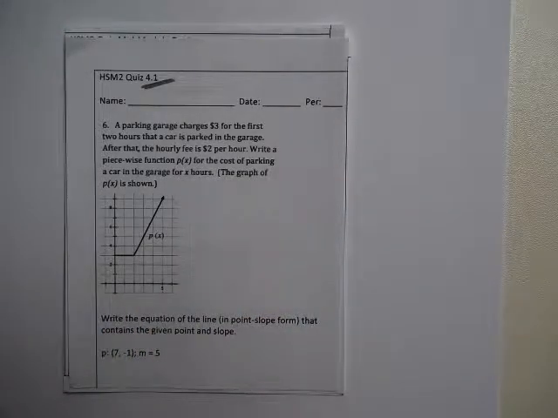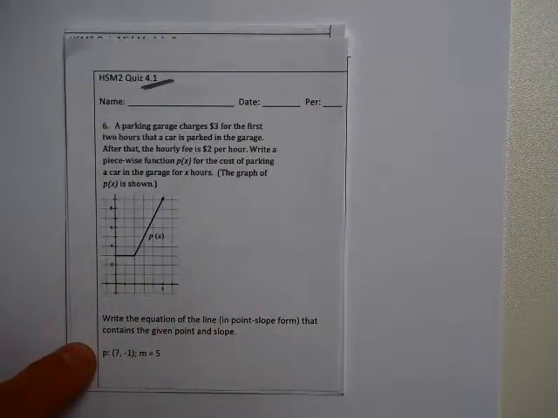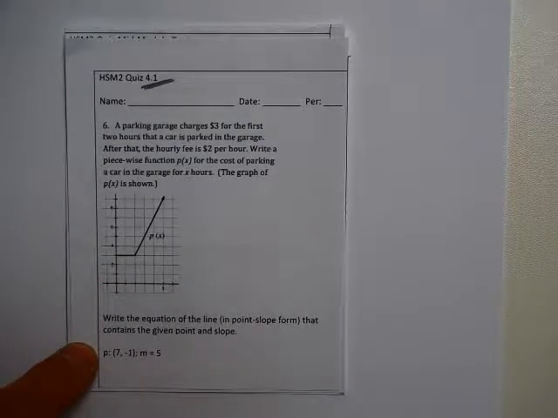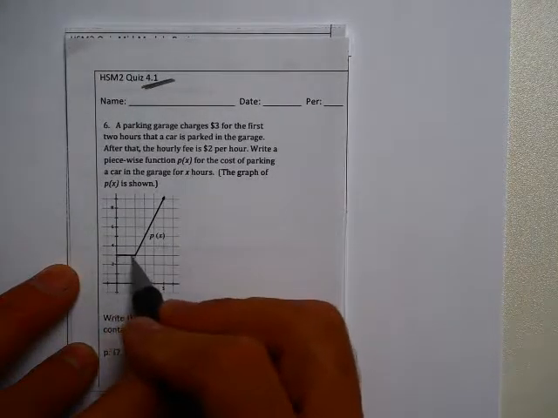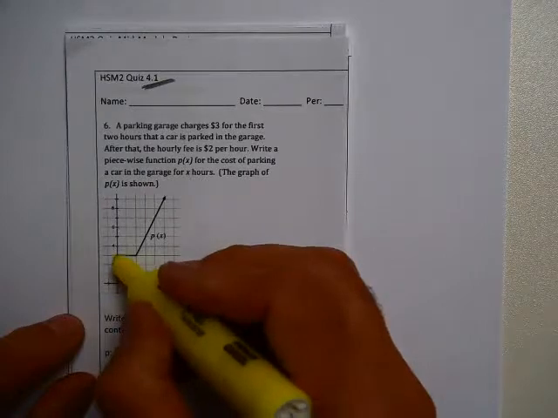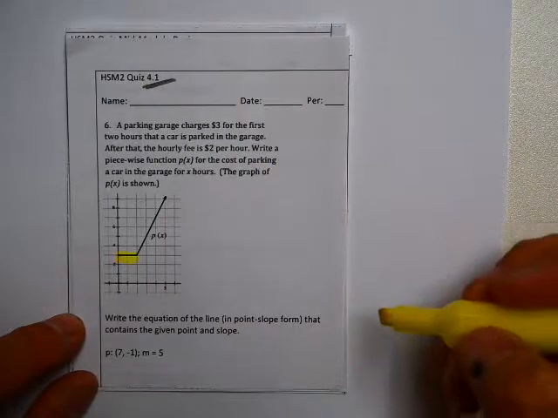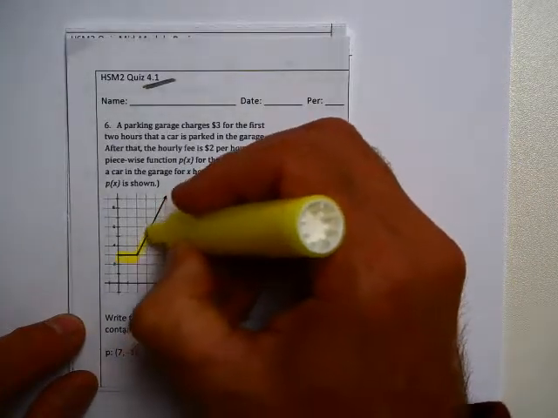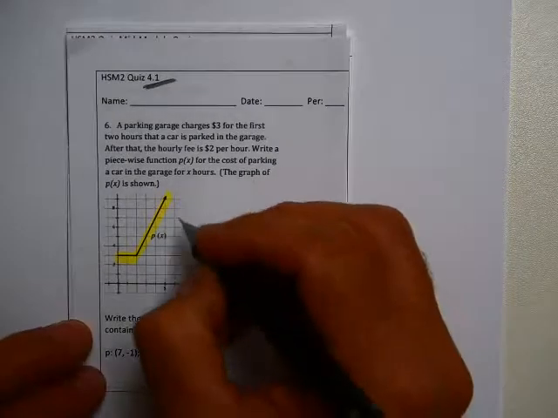A parking garage charges $3 for the first 2 hours that a car is parked in the garage. That's a fixed rate, shown right here. After that, the hourly fee is $2 per hour, and it wants us to write a piecewise function for the cost of parking a car in the garage for x hours. So the thing that we're going to be looking at here is we're going to have two statements because we've got two things going on. Between 0 and 2 hours, we've got this flat rate of $3, but after that, we've got a sliding scale. So I need two functions